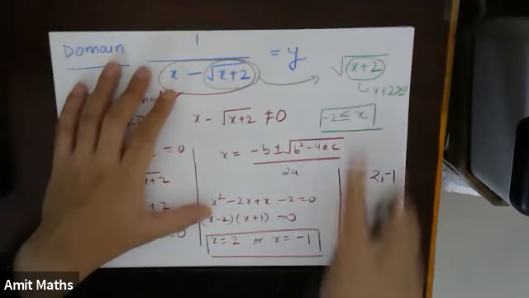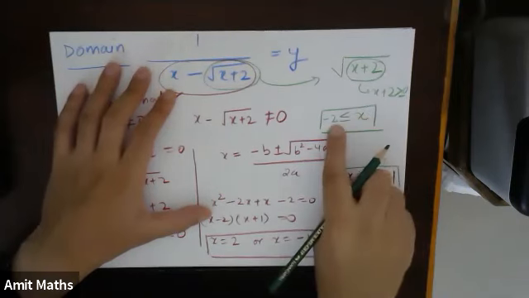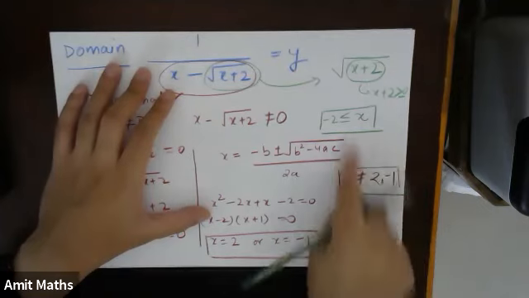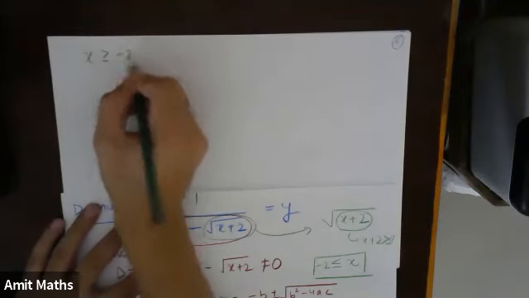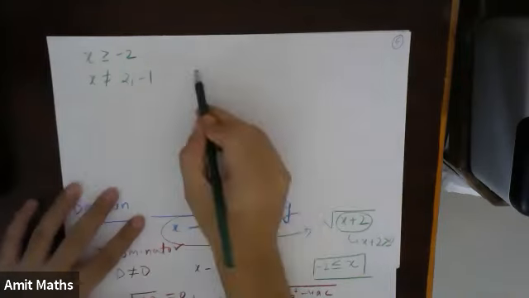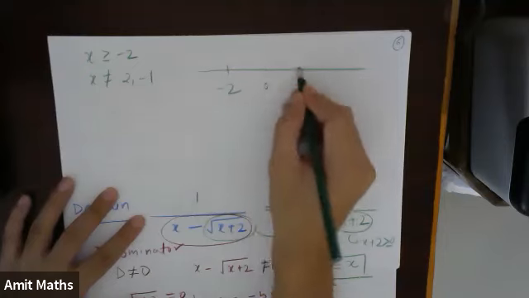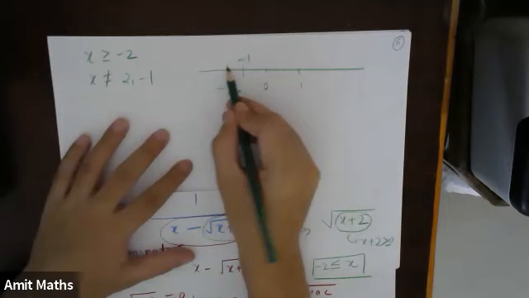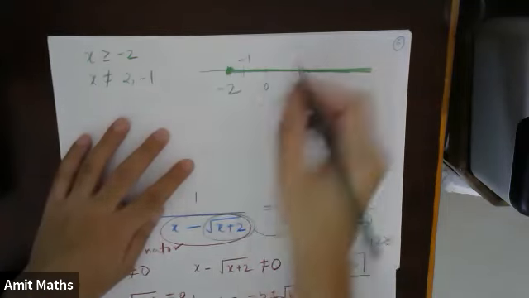So I will take the intersection of this solution and this solution. x should be greater than or equal to minus 2 and x should not be equal to 2 comma minus 1. Remember these two. If I draw this on a number line, from here I am getting minus 2, this is 0, this is 1 and so on, and this will be minus 1. So any value after minus 2, x can take except